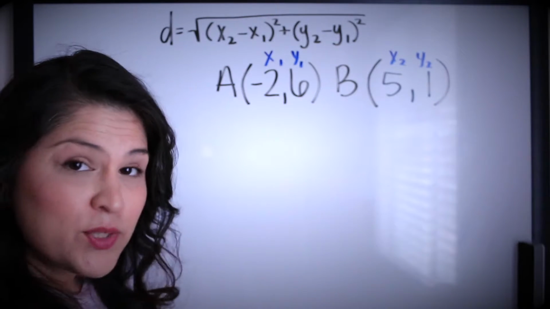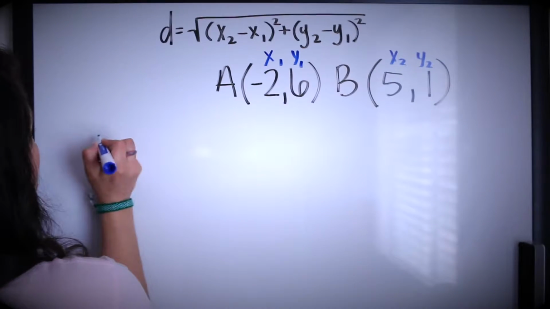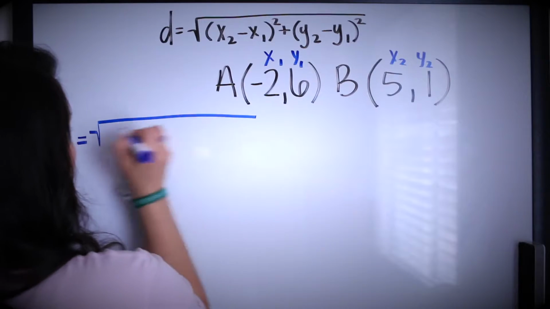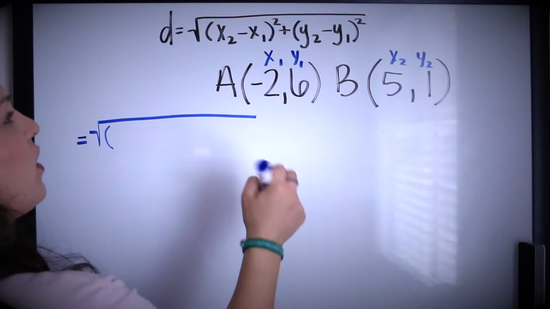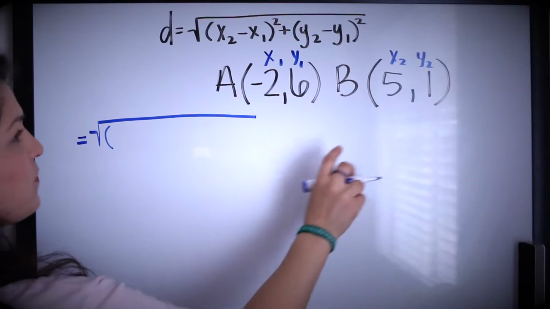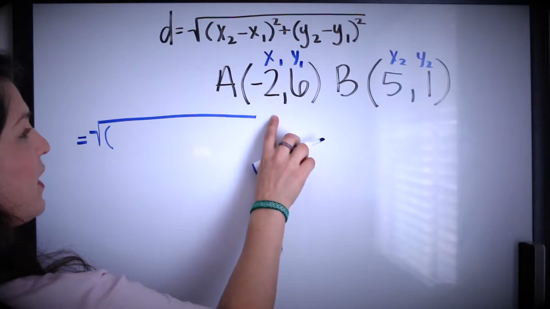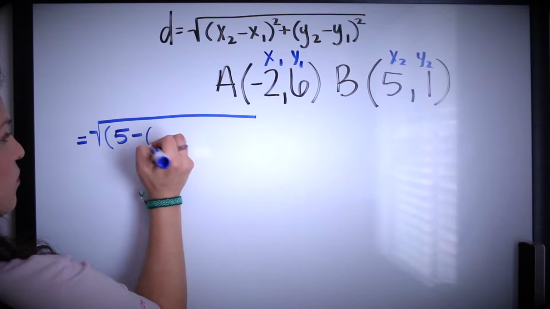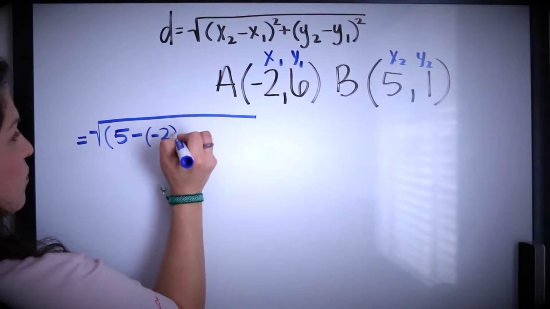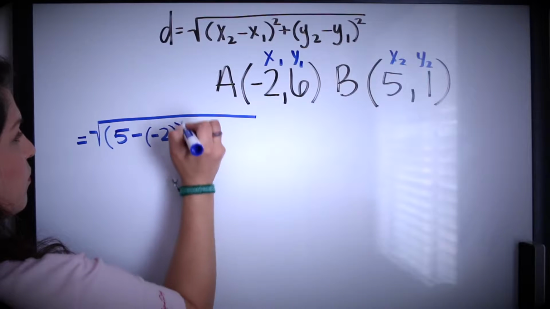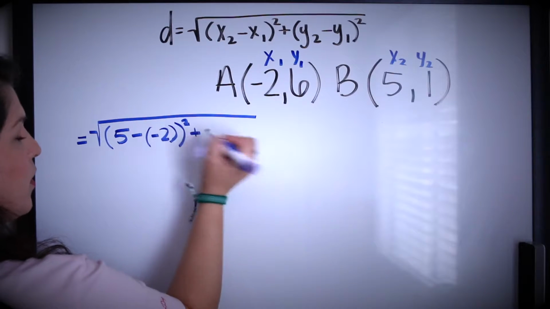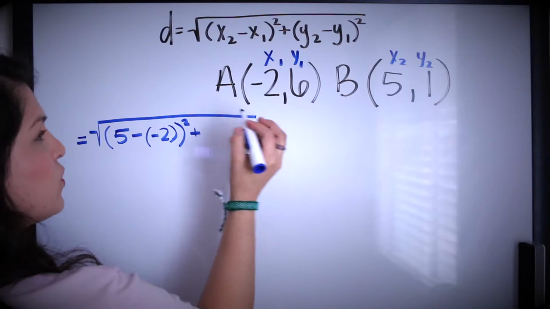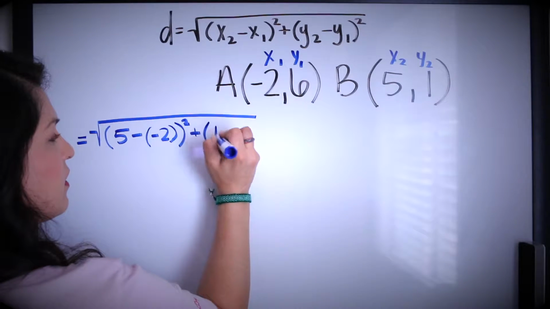So let's just plug those in. x2 minus x1, so we have 5 minus negative 2, squared, plus y2 minus y1, so 1 minus 6,